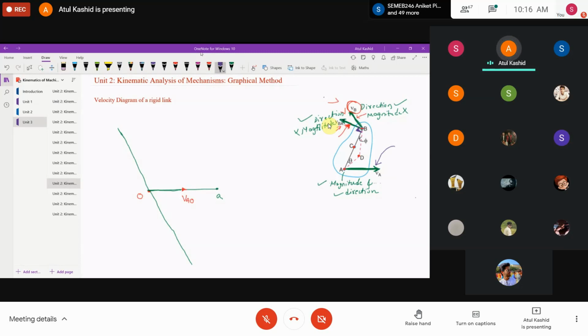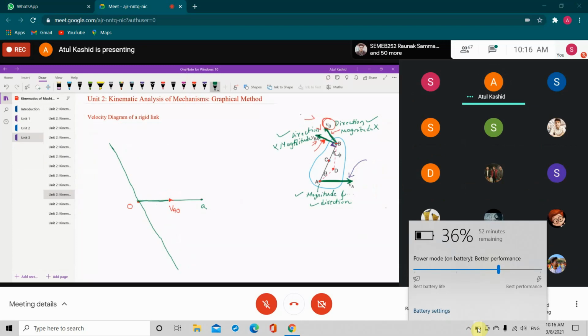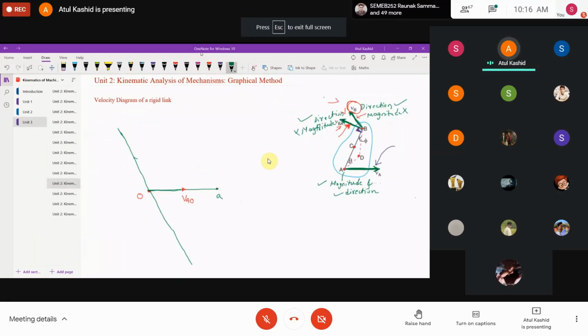We should start from point A, because in the velocity diagram we have not yet found the point B, but we have the point A. That's why we start with the point A. From point A, I will draw a line which is parallel to this VBA. If I draw it, it will go somewhat like this. Wherever it intersects with this line, that will be our point B. I will erase the unnecessary part that is not required. This I'm going to trim, and also this side I'm going to trim.